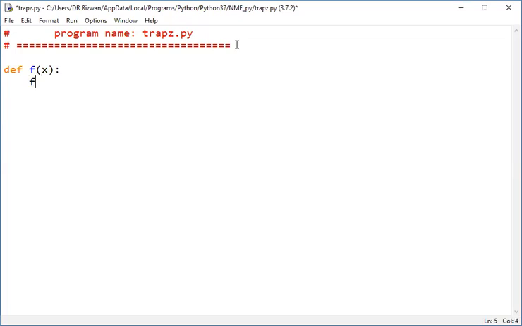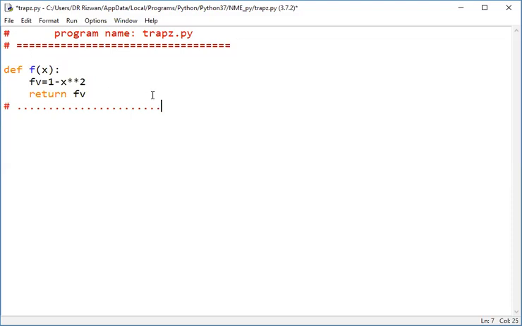So I say fb, and that will be equal to 1 minus x squared value. And upon the completion of the function, I must get the value of the fb variable. So whenever this function is called, it will return the value stored in fb, and the function will be called with